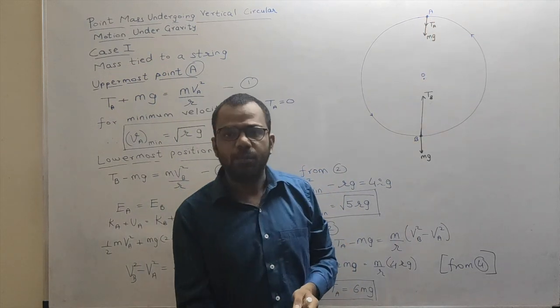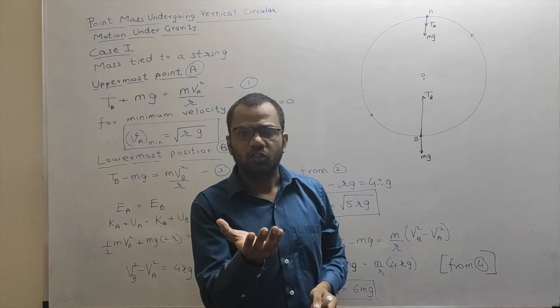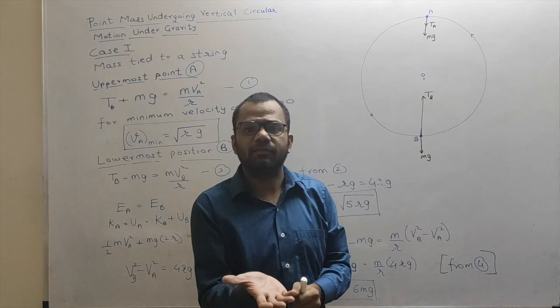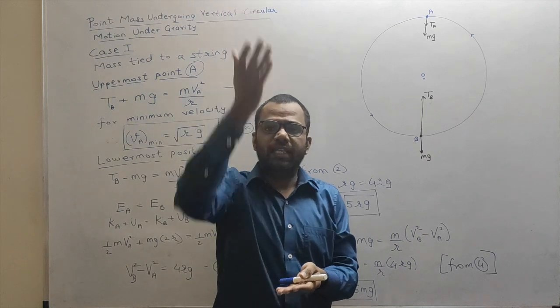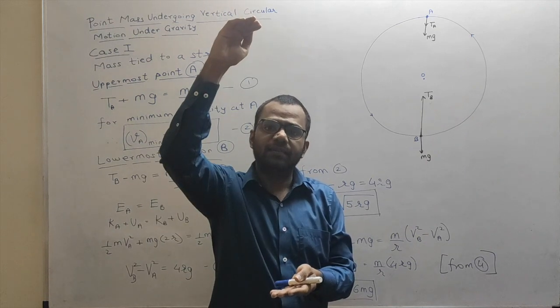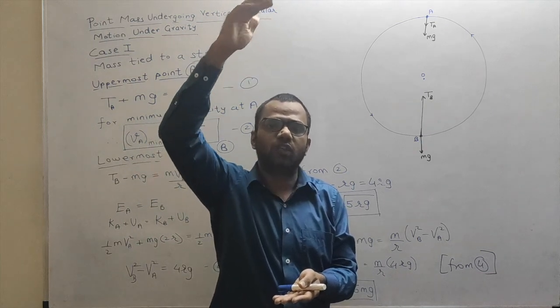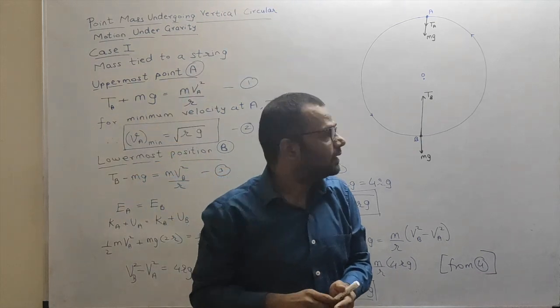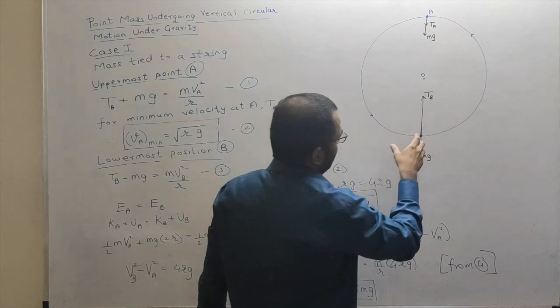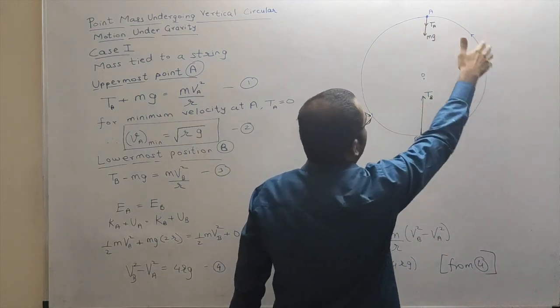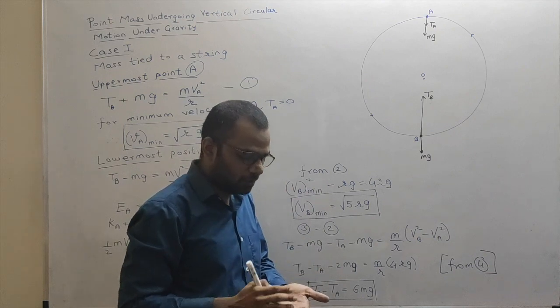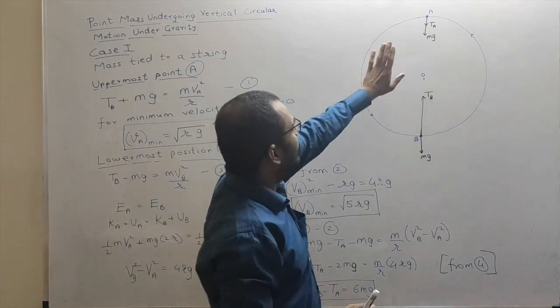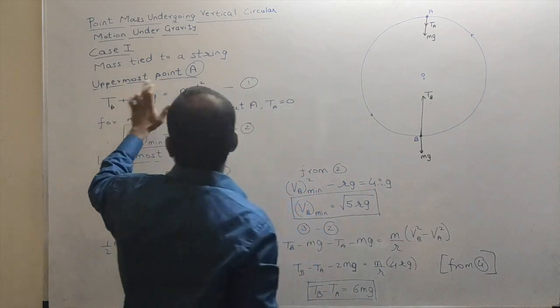It is like throwing an object in the air. At the bottommost point, the object has the maximum velocity, and as the object moves in the upward direction, its velocity goes on decreasing and its potential energy goes on increasing. In the same way, the velocity of the particle will not be the same throughout the motion. It will be maximum at the bottom, minimum at the top. Right now let us consider point A, the uppermost point.